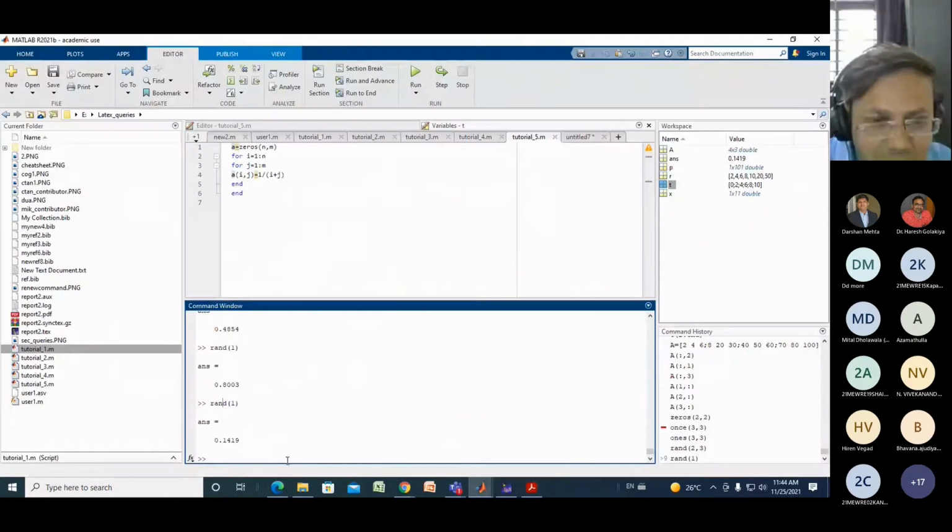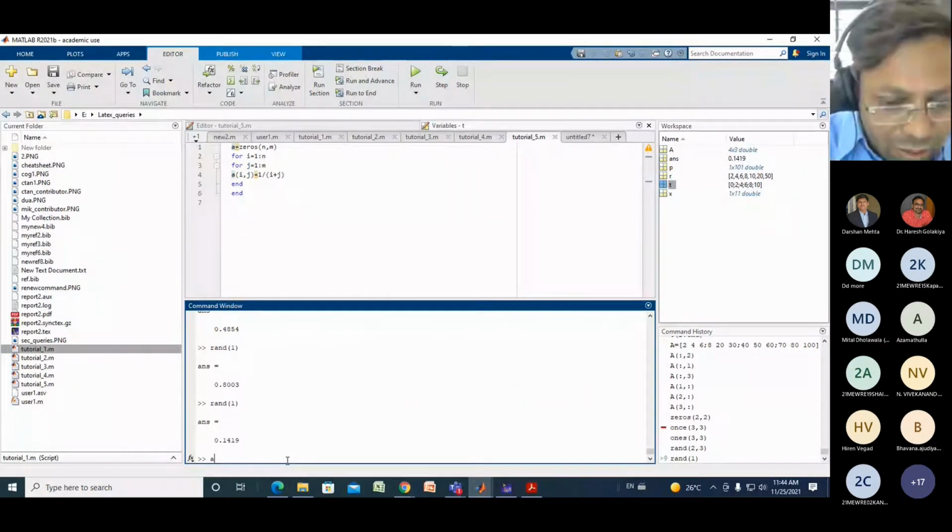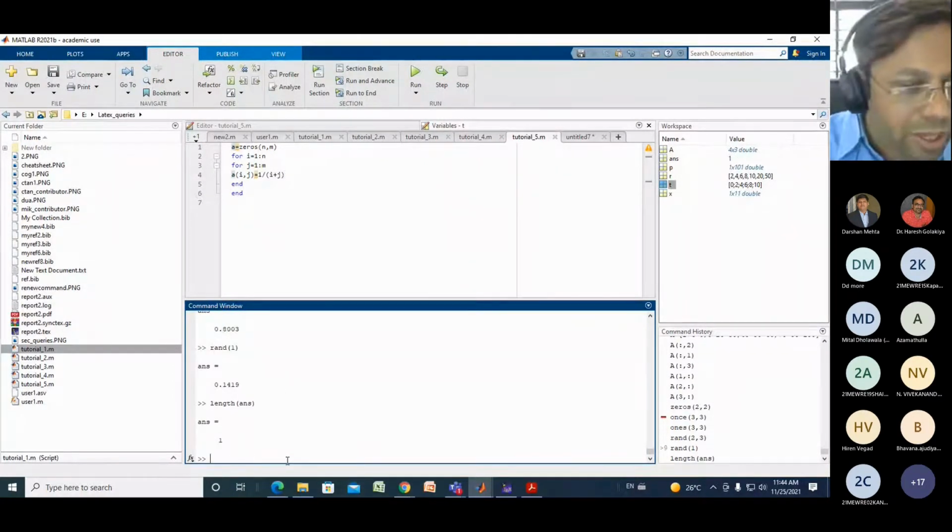For example, I am writing length of ANS. ANS means the given answer, 0.141. It will tell you there is only one value, only one variable. So that is written as the length. Length means the maximum number of elements in that particular vector. For example, if I write this vector, 0, 0.1, 0.5 and 1.